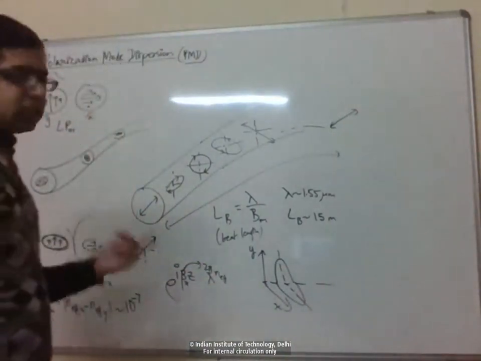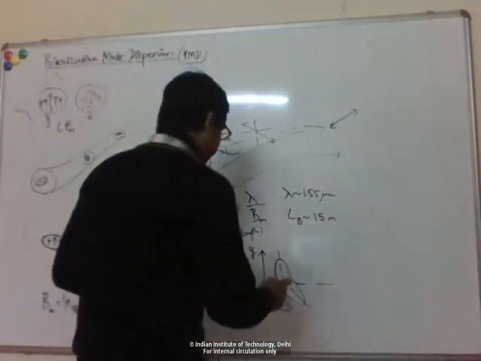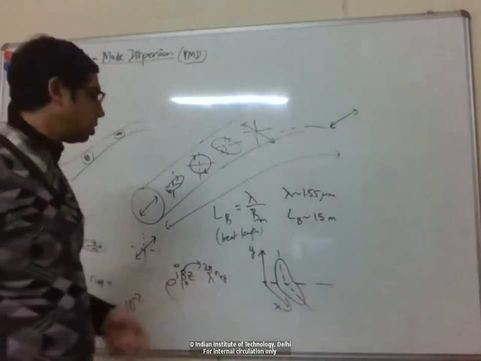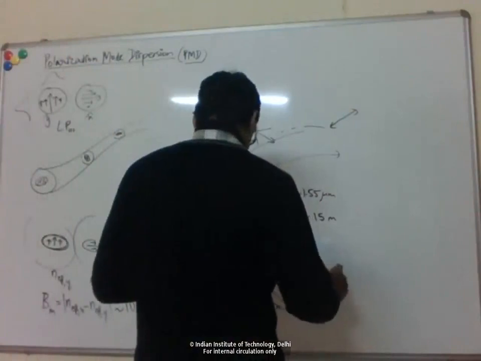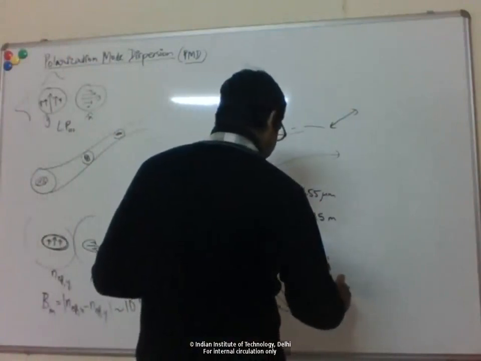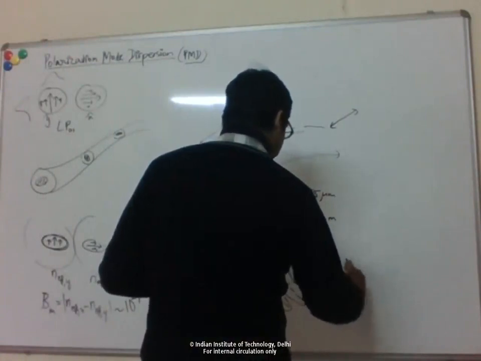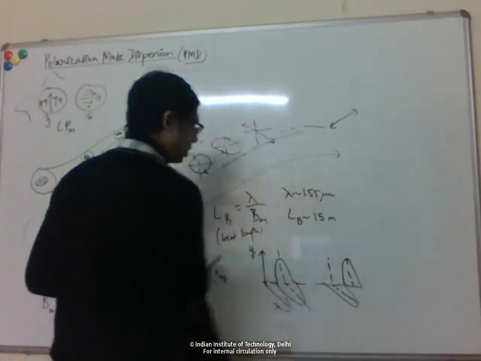So their group velocities are also slightly different, right? There's a fast mode and there's a slow mode, right? The one which has a lower index is the fast mode. So basically, you can imagine after some length, one of these polarizations is now ahead of the other,